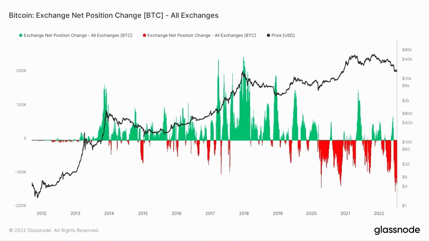So here, huge amounts. This is actually a daily chart, so if you really zoomed in, there's lots of individual bars there. But what we're seeing right now is probably the most amount of Bitcoin flowing out of exchanges that we've ever seen, to the tune of between 120,000 to 160,000 Bitcoin per day flowing out of exchanges. That's vast, and it's sharp.